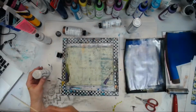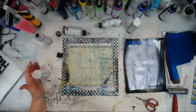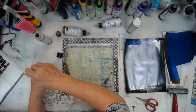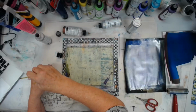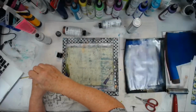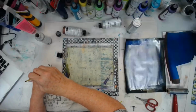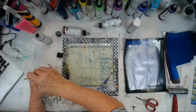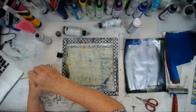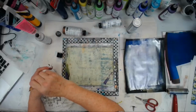Now, all of these paints aren't like this. If they've sat for a long time, you have to stir; if you use them regularly, you're not going to have this problem. But mine have sat in there for quite some time. And it will separate because the pigment is metal and it's heavier than the medium and it will fall through the bottom. But the other colors, as you've seen me use the greens and the blues and the pinks and purples,